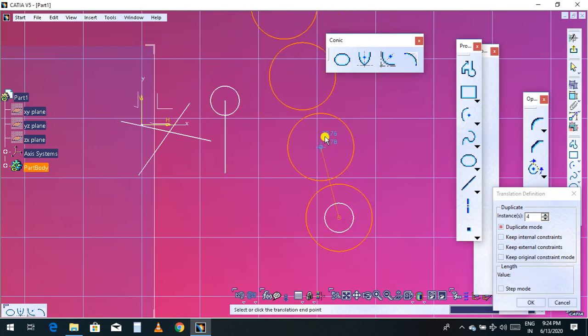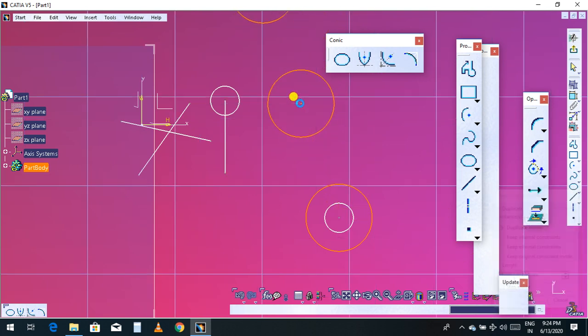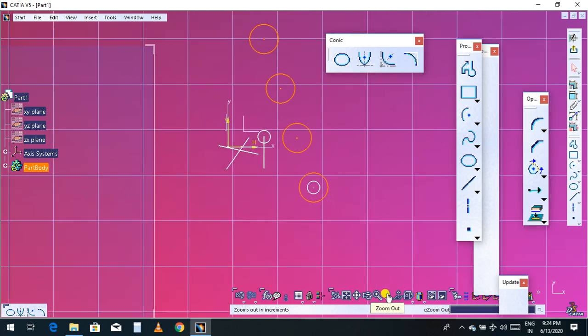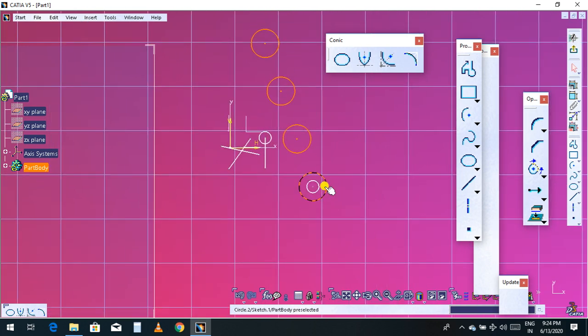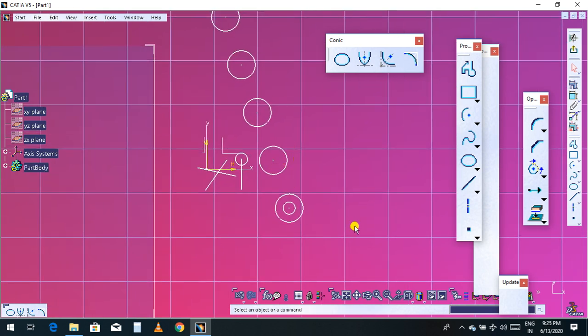It will give 4 copies, and you can give a distance between one circle and another circle. Here you can also find it, or else choose by default, randomly. See, it will give 4 copies, and the original is already kept, because I have chosen the original by default mode.